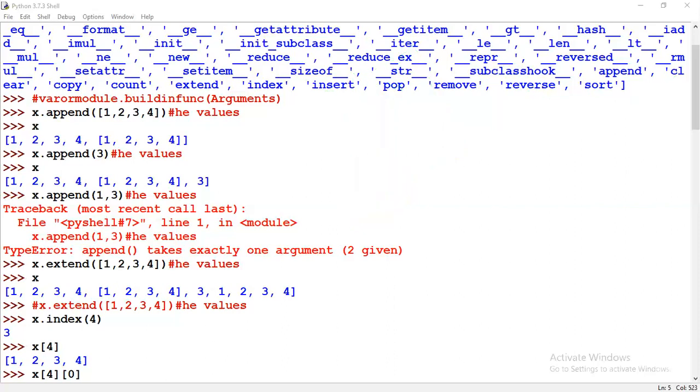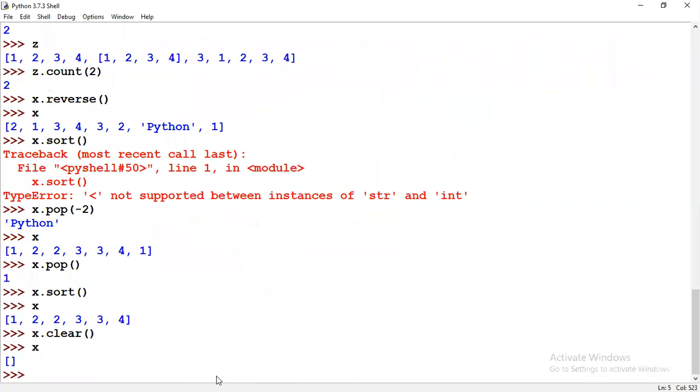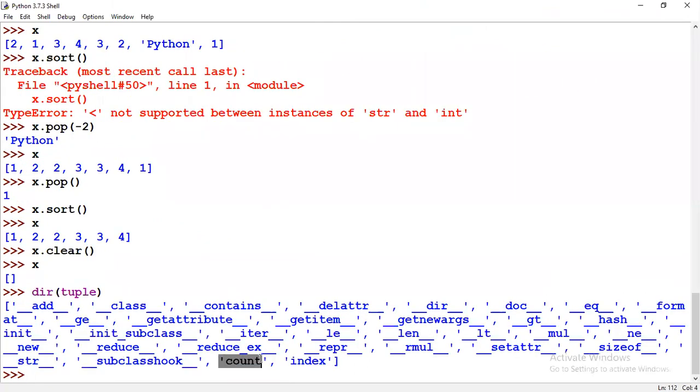Okay, so the next thing is I'm going ahead with tuple. So dir of tuple. Here you have only these two things, count and index. You need to know how to apply them. You need to create one tuple.count and give some values, so you will get how many values there are. Index is the same as your list. Only two things we have.